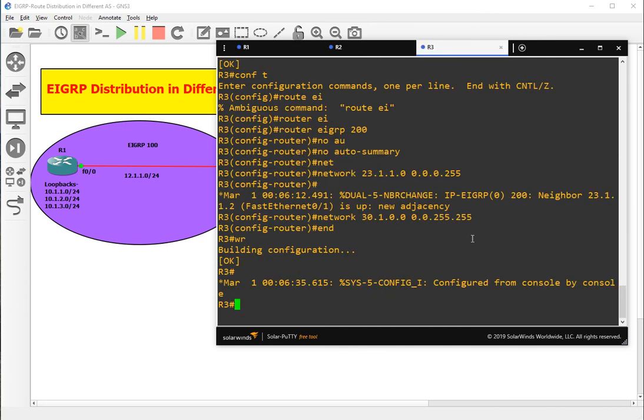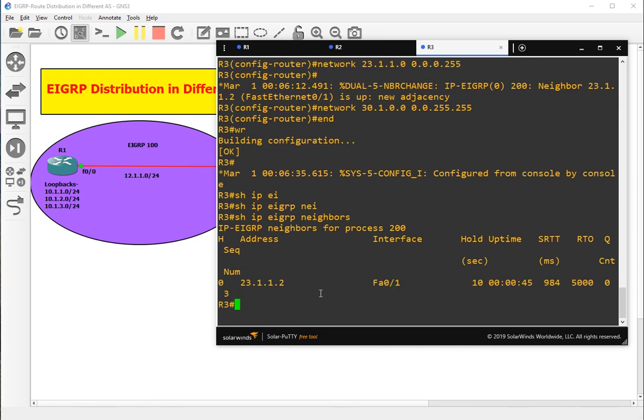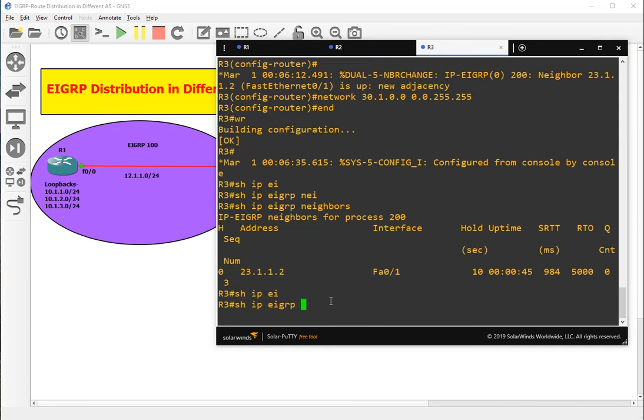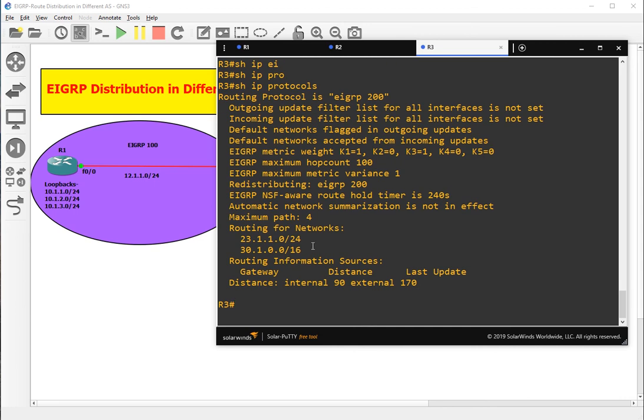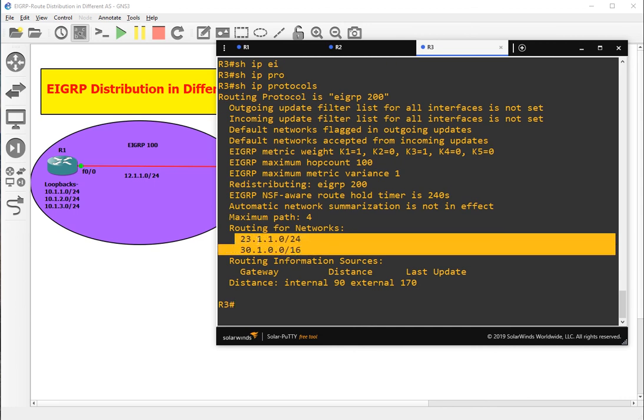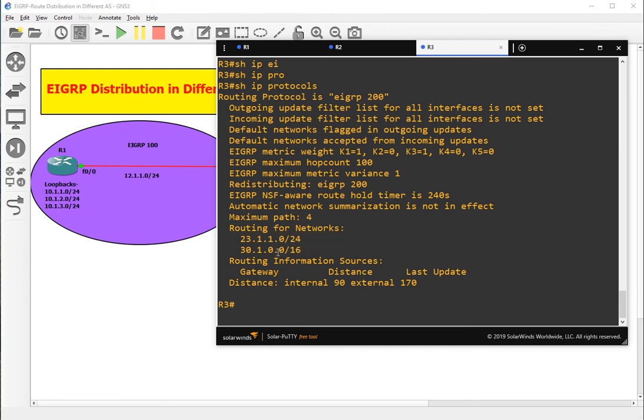So we could use that here also, but it's okay, this should work. Show ip eigrp neighbors, the neighborship is created with R2, and show ip protocols. Okay, and this is working for 23.1.1 and 30.1 network.